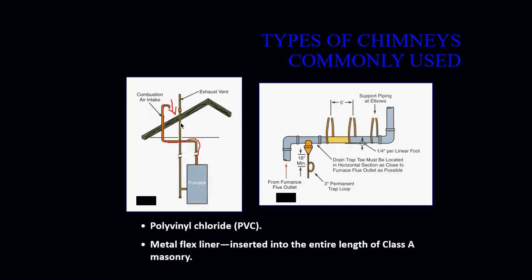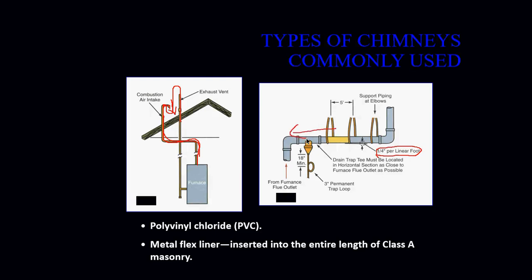But we also do not want any sort of flue gases that are exiting our exhaust vent to be recirculated back into our flue pipe or into our combustion air intake. When we are putting these in, we have a couple of codes that need to be followed. First off, our flue pipes need to be pitched 1/4 inch per foot towards